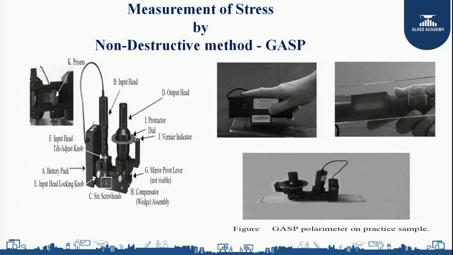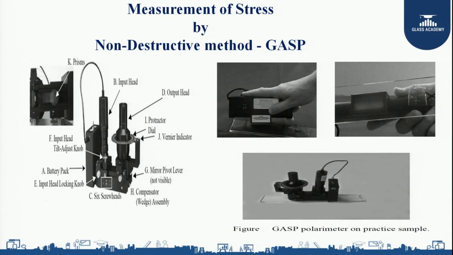During the manufacturing of the glass, the glass moves on a molten tin bath, where the top surface of the glass faces the air side and the bottom surface is in touch with the tin. The surface which is in touch with the tin is known as the tin side surface, and the top side is known as the top surface. The measurement of GASP should always be on the tin side. And by visually checking the glass, one may not be able to identify which is the tin side and which is the air side.